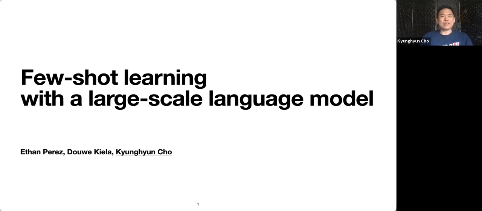Now, when I received an email from the organizers about giving a keynote speech on the third day of the workshop here, I had to ask them back, what do I know about the symbolic structure, nor the symbolic, I don't know, AI? I do know a bit about neural networks and deep learning, but the other side, the symbolic side, I had absolutely no idea. So I was a bit anxious about it, but one of the organizers, David, actually assured me that it's going to be fun to just give a talk at this workshop and talk with the people. So I decided to go ahead with it.